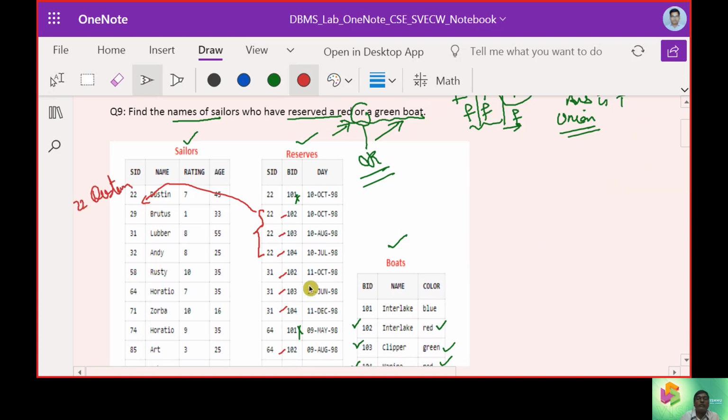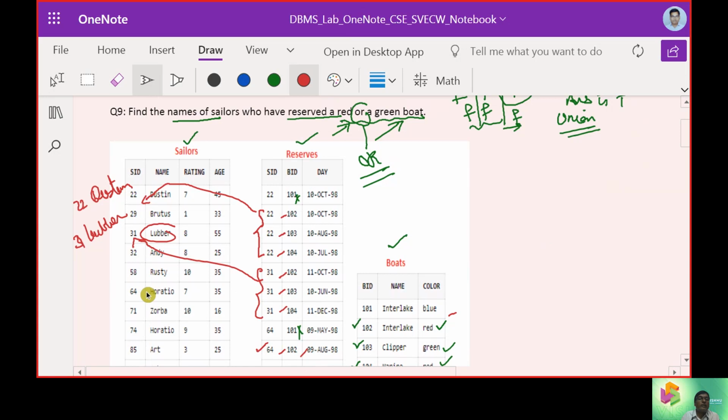Then you can see 102, 103, 104 are reserved by 31, so for 31 you can put the name Lubber. Then we have 64, who has taken a red color boat, which is 102.